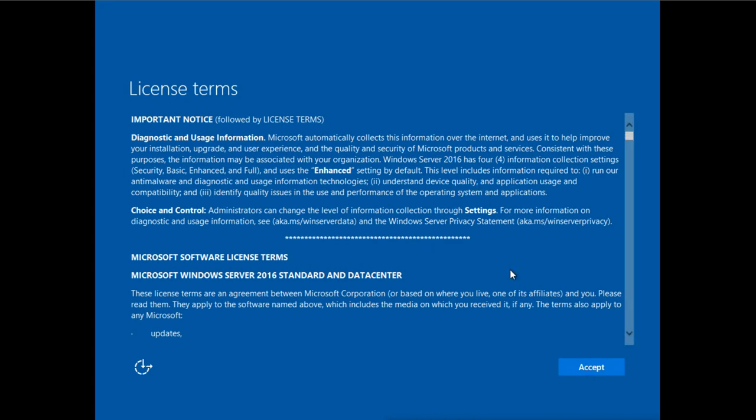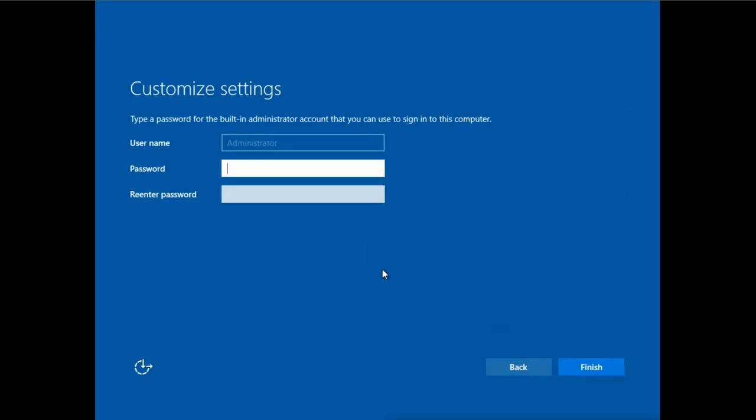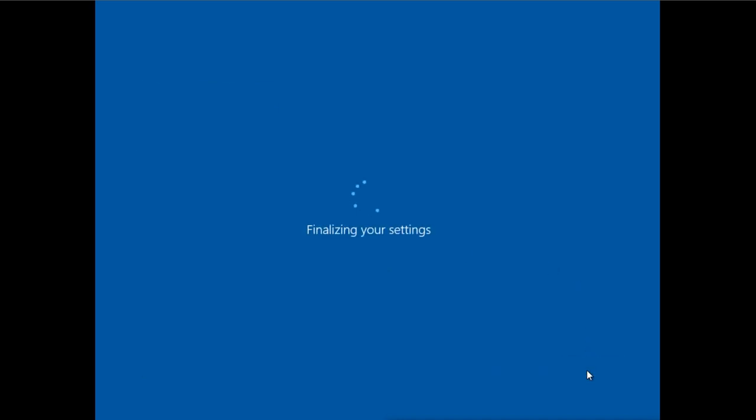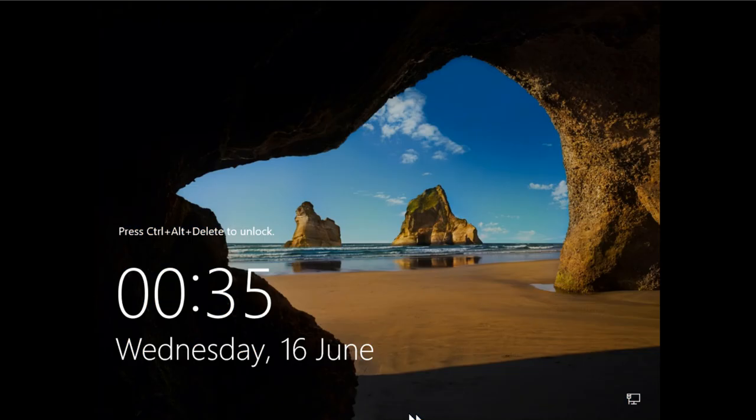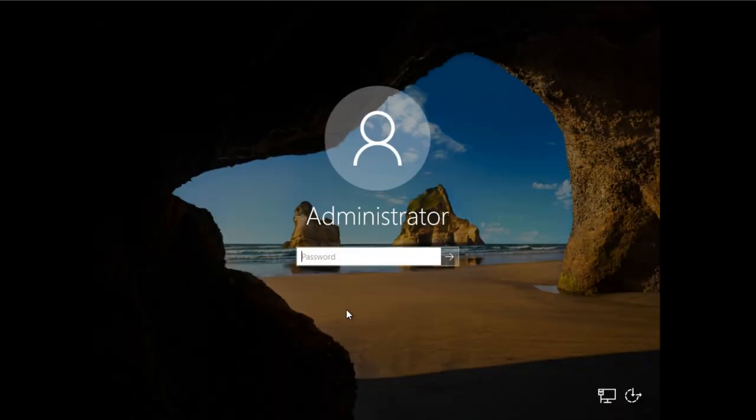Then the license agreement, and then you have to provide the password for the administrator account. And here we are, ready to start. Enter the password of that administrator account and log in.